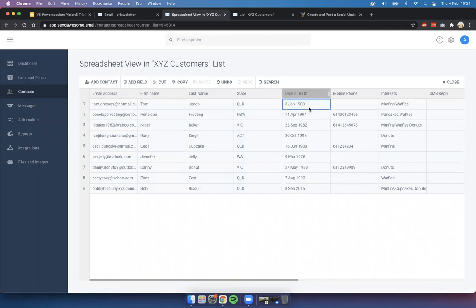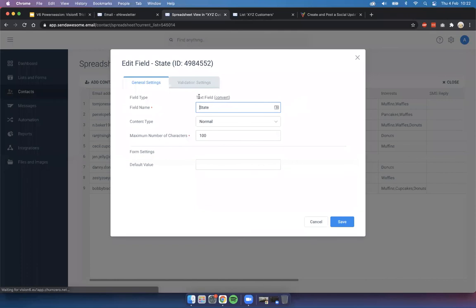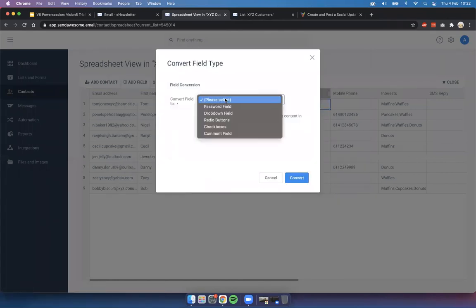The other great thing is, as I said, that you can also edit fields. So at the moment, this state field is a simple text box. It allows users on the form to type in whatever they want. We want to stop that and make it a drop down, so they have to choose from one of our preset options. How do I change a text field to a drop down field? In Spreadsheet View, we can come into this little editor here and go to Edit Field. And here at the moment, you'll see it says text field, but I can press Convert and convert that into,